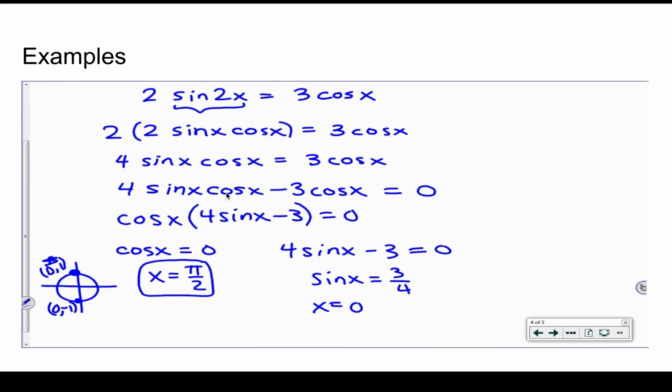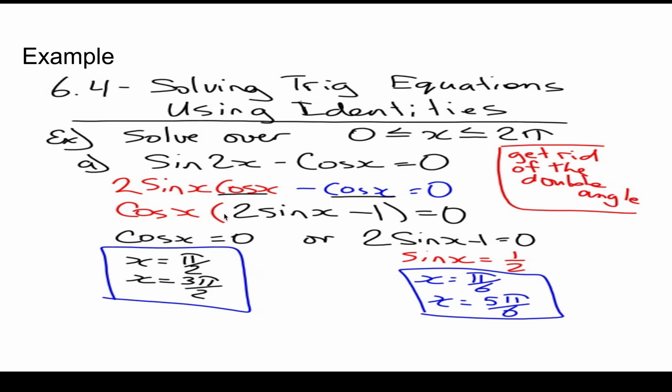Here is another example of an equation. As you can see here, we started with 2 sin 2x equal 3 cos x, and now we had to put it in the form that would be easier for us to calculate it. So we did these following steps, and after you do everything correct, if you double check your answer, you should make sure that x equal to pi over 2. If x does not equal pi over 2, then you have to double check again. Here's another example,